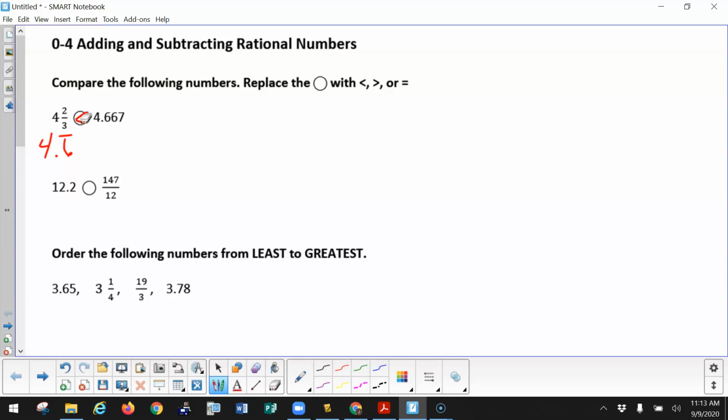With the second one here, we have the 12.2 is already in a decimal. 147 over 12 is going to equal 12.25 if you evaluate that in your calculator. So 12.25 is a little bit bigger. So 12.2 is less than